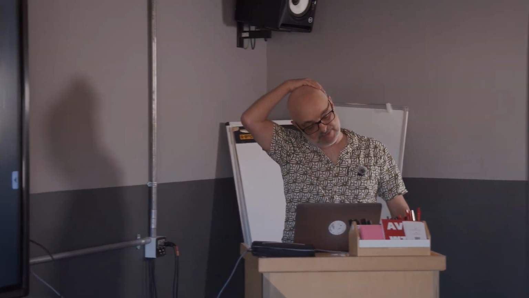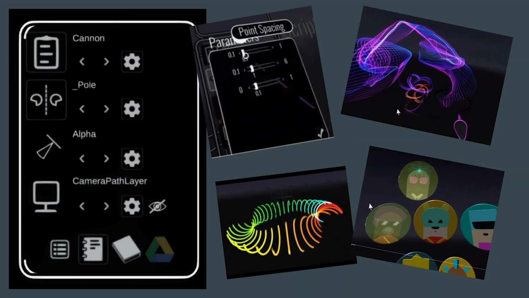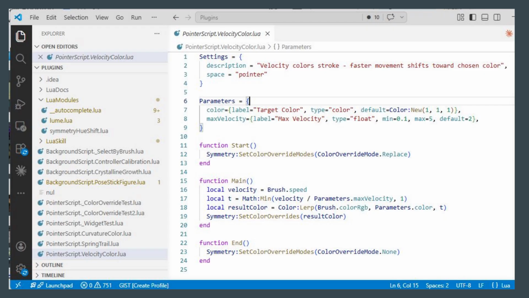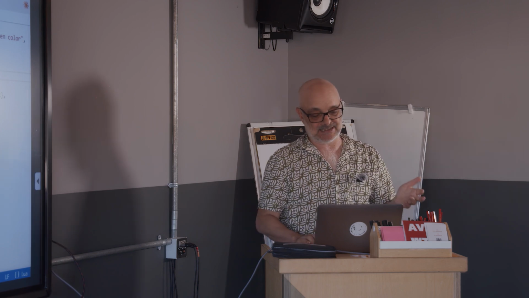One of the features I particularly enjoy is making things extensible and customizable, and one of the things I spent the longest on is a whole plugin system, so you can write simple little scripts in Lua that totally change the way OpenBrush works, and you can change the way the brushes react to your movement, and you can make brushes move automatically.